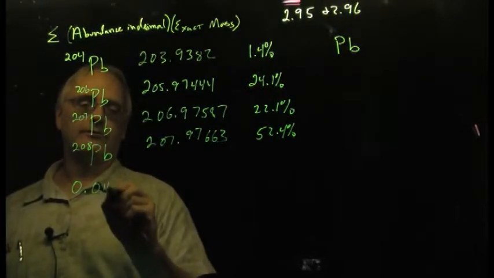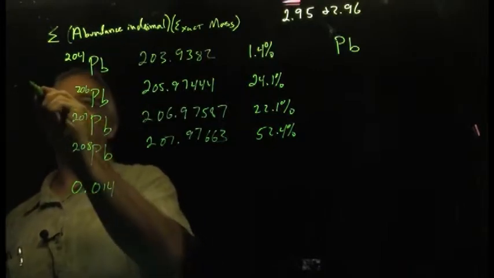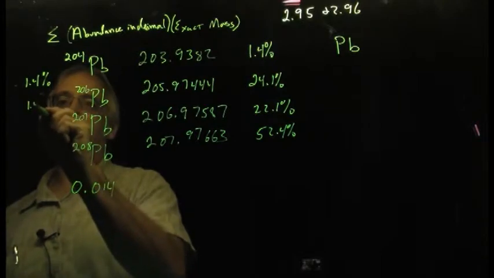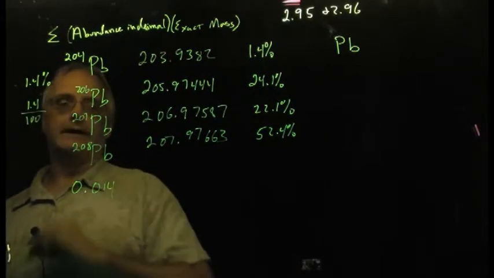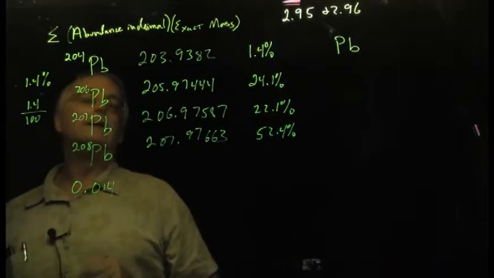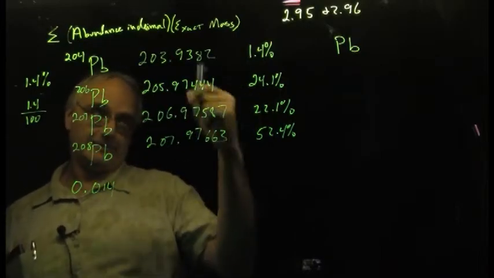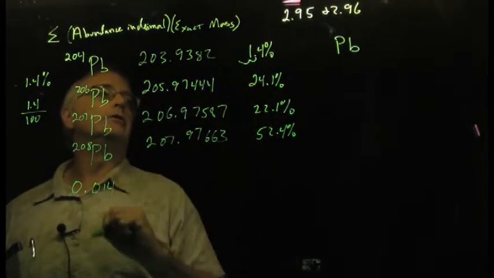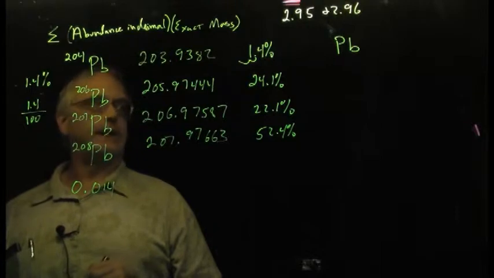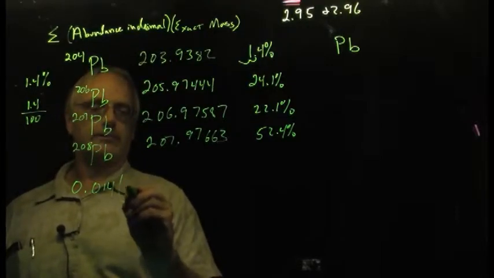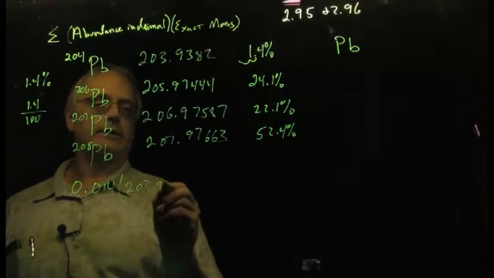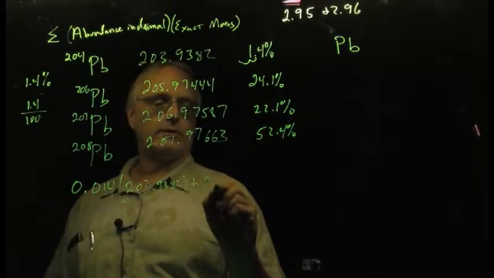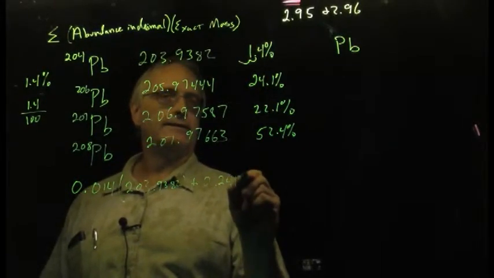So what we do is we set up the calculation, and we take our percentage and put it in decimal form, 0.014. Remember, when I say decimal form, 1.4% is simply 1.4 divided by 100, which gives 0.014. The net effect is to simply move the decimal point over 2 places, and I just inserted the 0 to have a place in there. Times its exact mass, 203.9382, plus 0.241 times